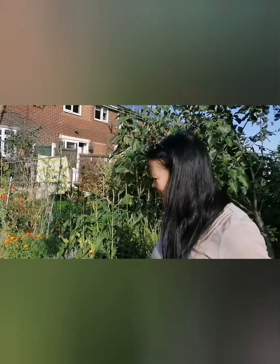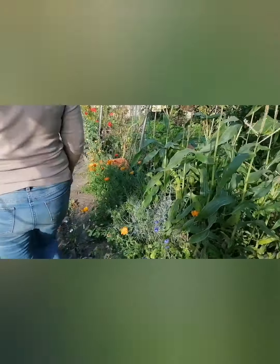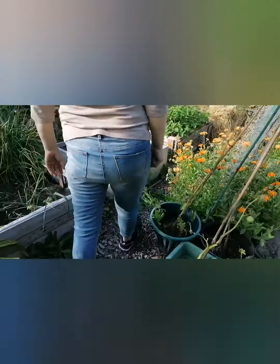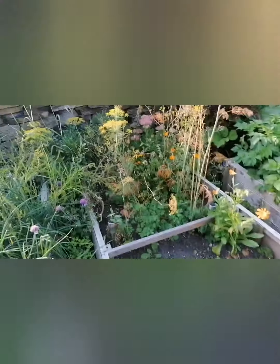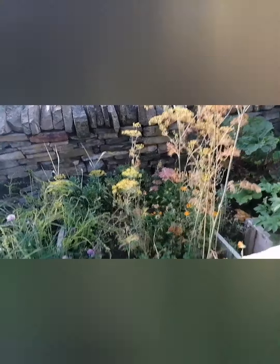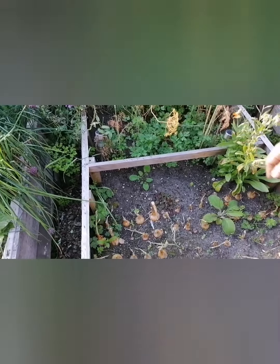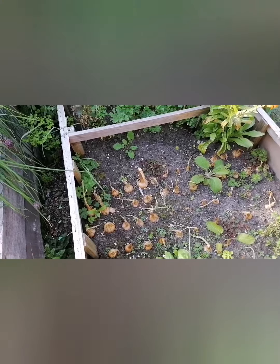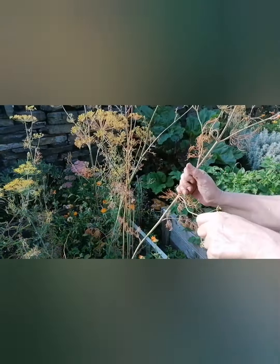So the herbs are trickling. You know, they are trickling, but they're trying their best. This is the herb bed that was sown. It went absolutely crazy. I believe this one's cilantro. We're not too sure what to do with those flavours, and what I've tried so far isn't working for us really. I'm not sure if this is dill,